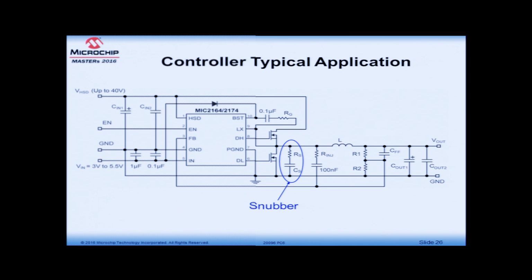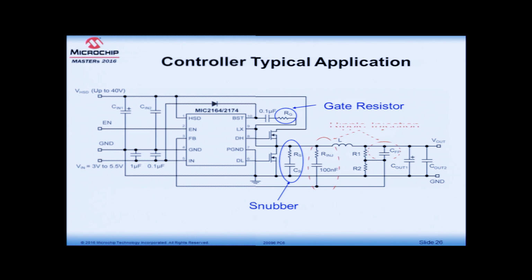We generally use the snubber in all the buck converters. I mean, we recommend the snubber because if your application is noise sensitive, then it is better to add an unpopulated snubber, and based on your results you can optimize it. And we also recommend a series gate resistor to slow down the FET in case your application is noise sensitive. But these are common for any